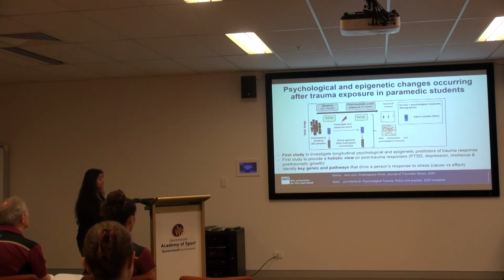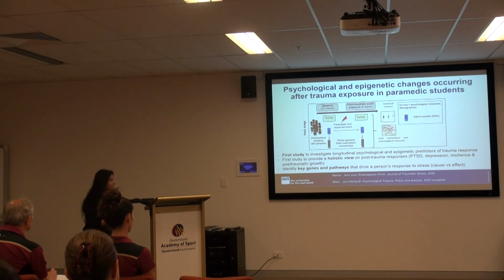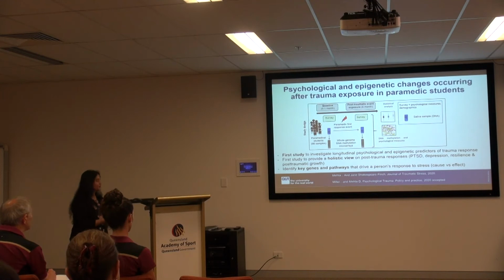I just want to point out, of course, this is one of the first studies that has looked at the whole range of post-trauma responses, so encompassing the positive as well as the negative aspects. So our students just got a paper published this week, and we found some key genes that are related with response to trauma. And also we found that there are different genes and different biological pathways that are involved in PTSD, post-traumatic growth, and resilience. So showing that there are different pathways and mechanisms that can cause these differences in post-trauma trajectories.